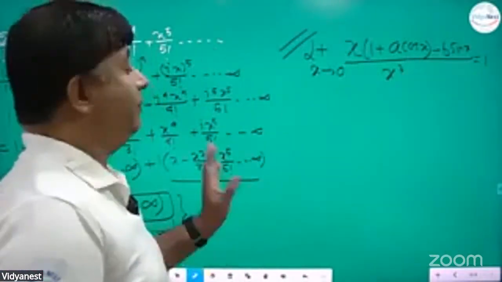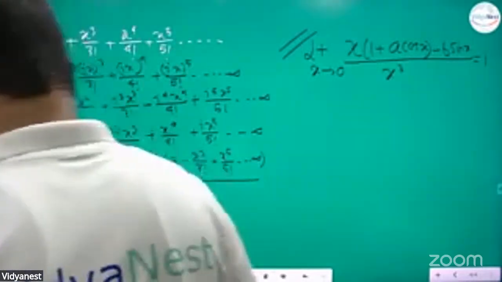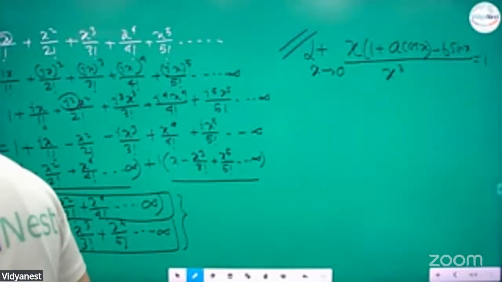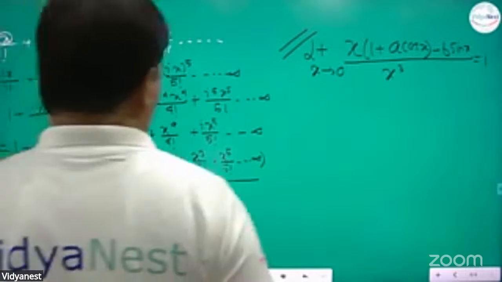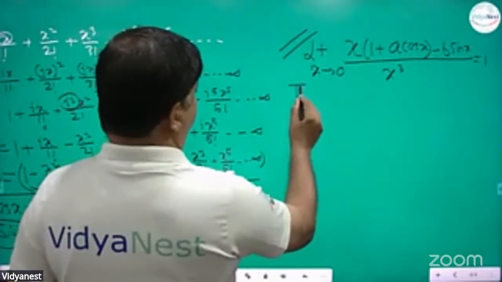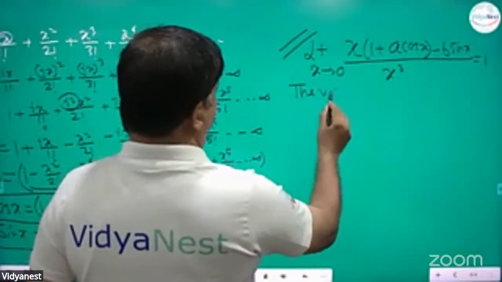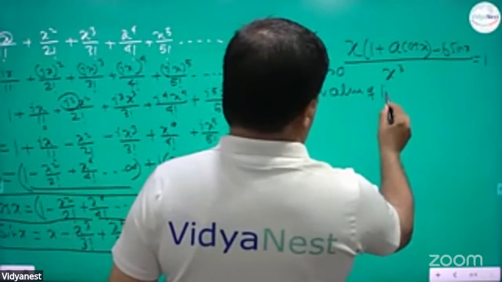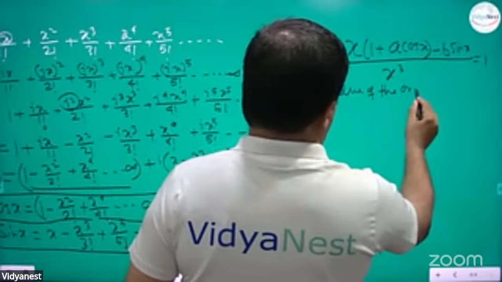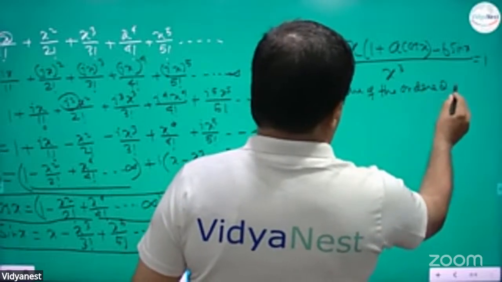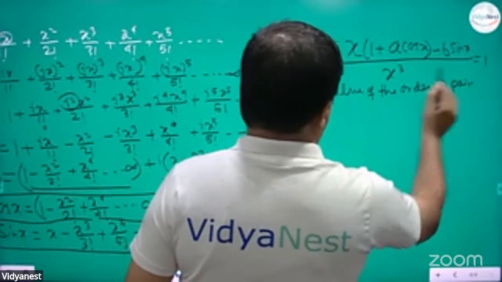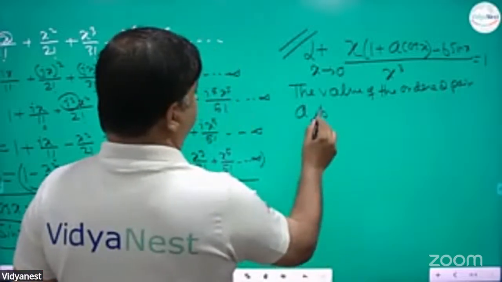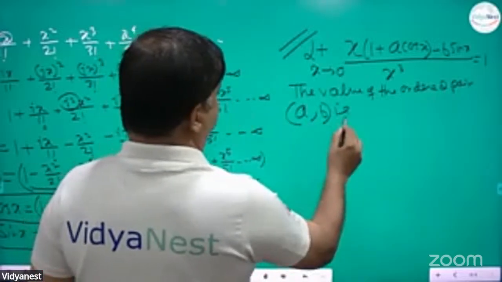That is given. Now the value of the ordered pair (a, b) is